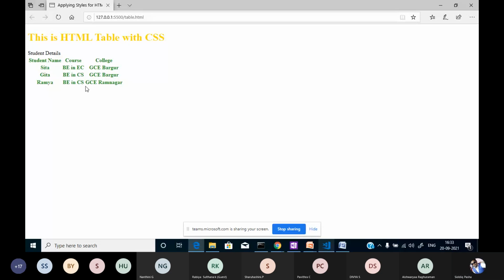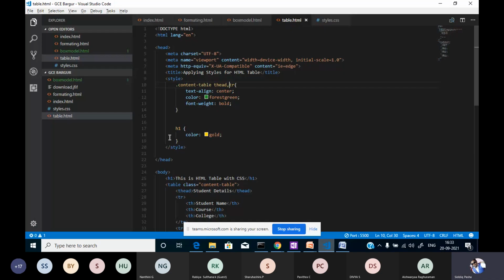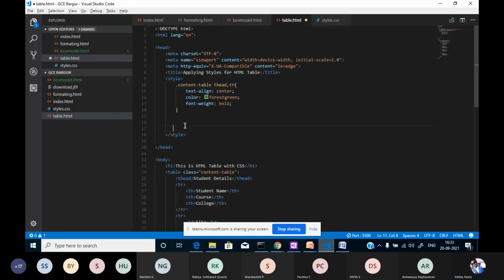Okay, so now this I don't want. Similarly, I will add some style for this particular content, that is the table heading. How can we add it? Simply we need to refer to the headings.